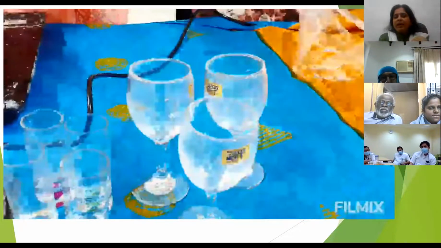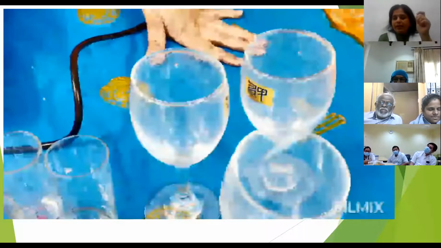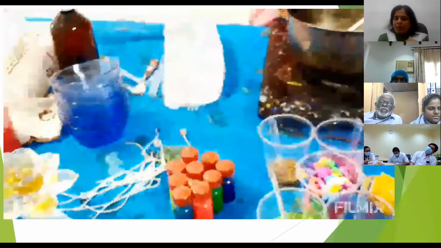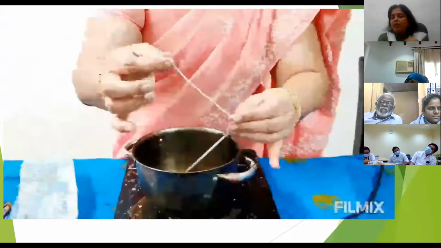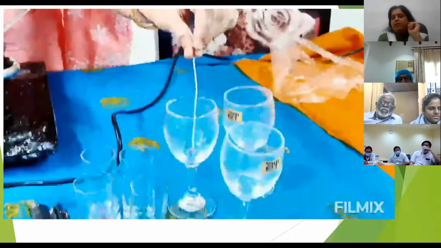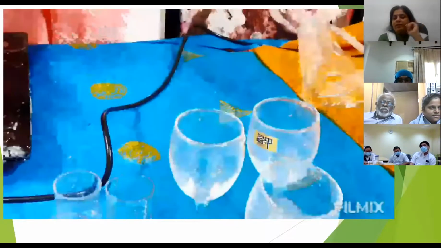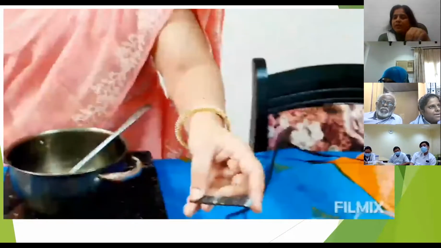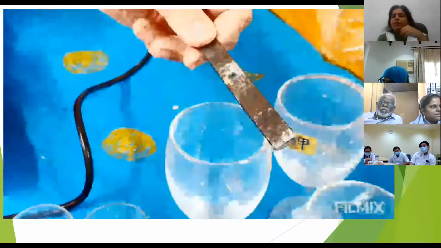I have my wine glasses and these decorative glasses, but they are all very good quality, thick glasses, and those iron rods. You need the aluminum bottom wick. Definitely we need the aluminum bottom wick because in the end, the fire should not touch the glass. Again, the glass will break. If you don't have an aluminum bottom wick, you can put some sand or some marbles below so that the wick doesn't reach the bottom.